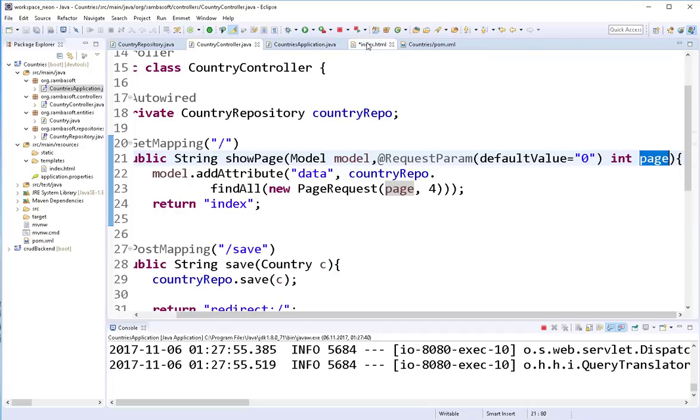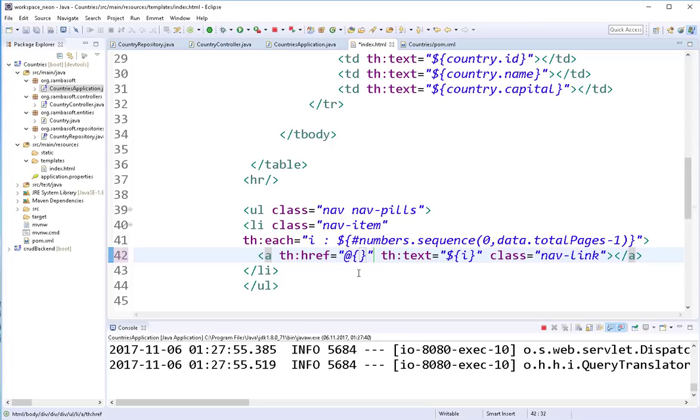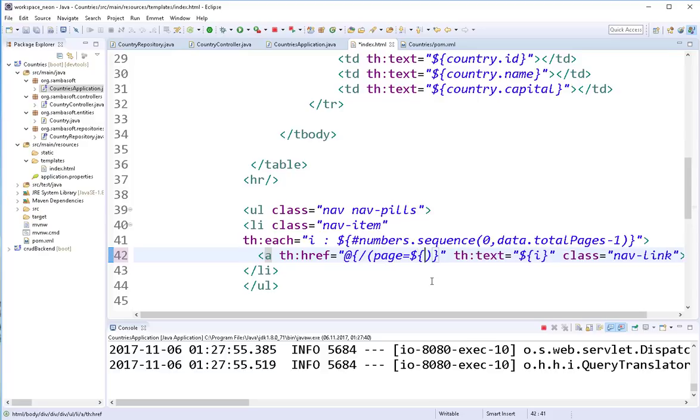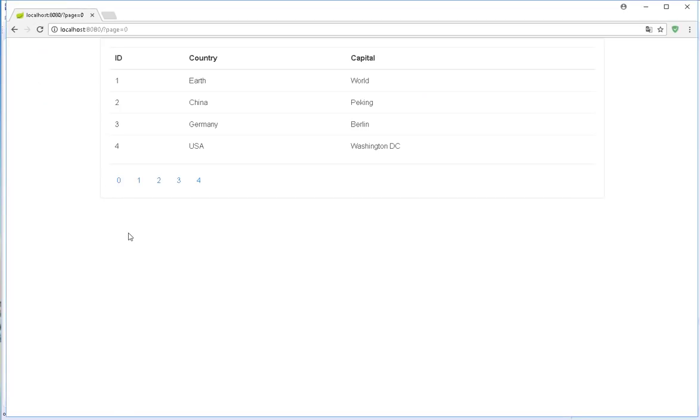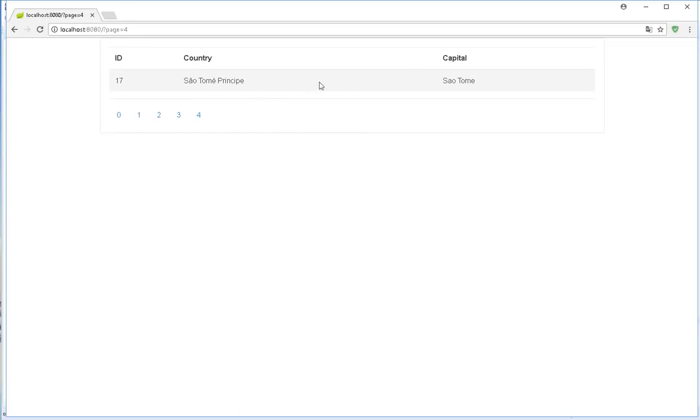So back in the front end here, all we need to do is to pass it as follows. So this should be page equal the number we just generated, like this. I'll save this and refresh the page. So I refresh the page, and if we click on the page here, you see we get the various countries in that page. That is page 2, that is page 3, and this is the last page, page 4, which